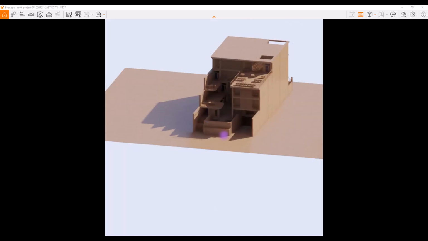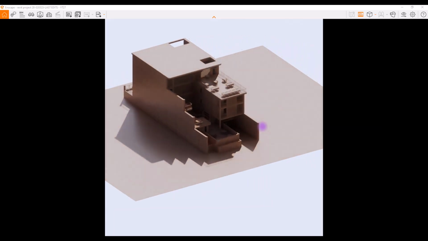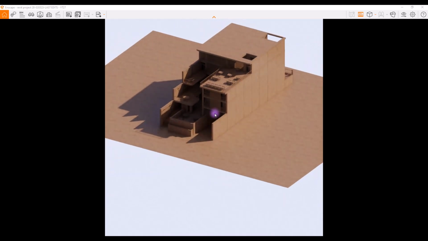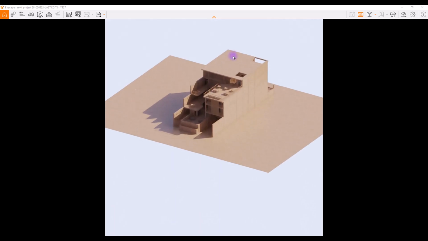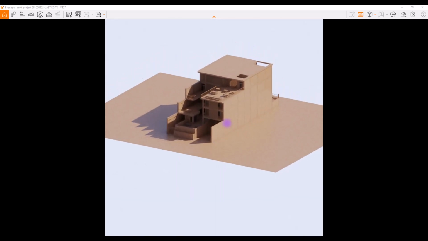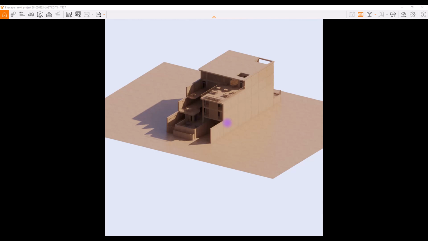As you can see, one of the most important things about these Maquette renders is its landscape and its surroundings. So one thing that you need to do in this part is to create an environment for it. You don't need to make it hard or complicated. Just add some lines in this part. If you want to import a topography and create a model based on that, it would be so good. Just be creative in this part. I mean, if you add some straight lines or some curved lines around your render, you will have a much better